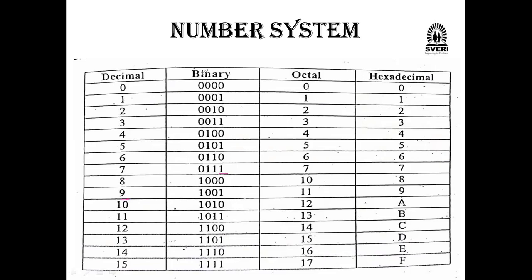Binary means only 0 and 1 will come. So 0 0 0 0, here 1. Next, this 1 is over. Next, here this term we have to make 1 and this is 0: 0 0 1 0. Next, make both terms 1 here: 1 1. After these 1 1, next we have to make the 0 as 1.